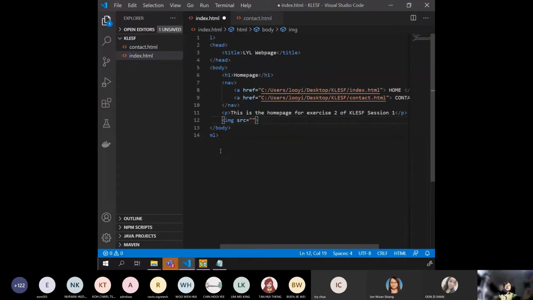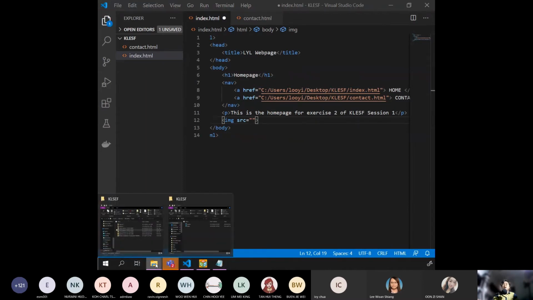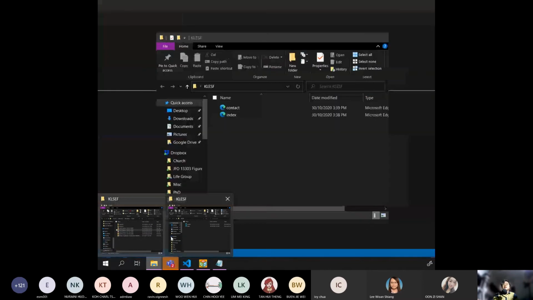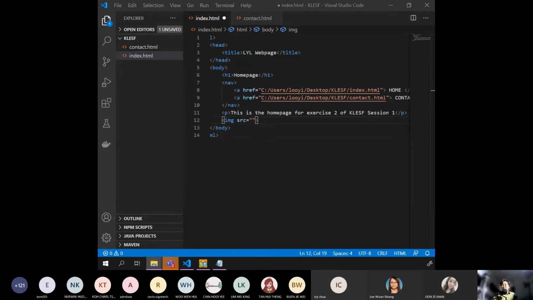But if we have not extracted the zip file, or if we have a problem with downloading a zip file, you can just put any image into your folder over here. So for me, I will just find back the image that I have,